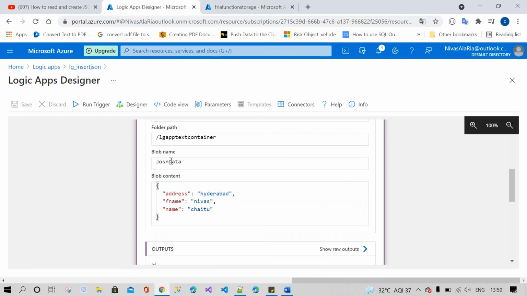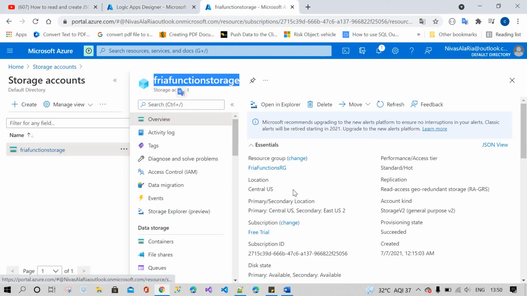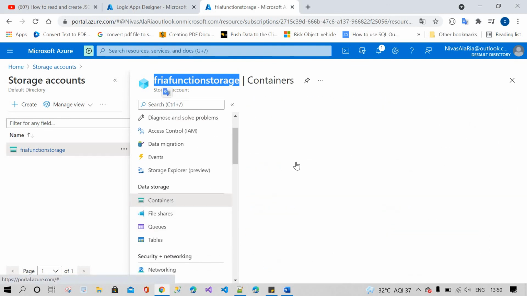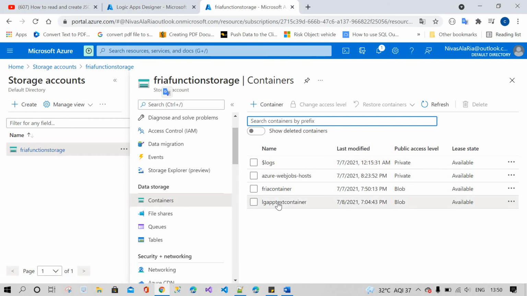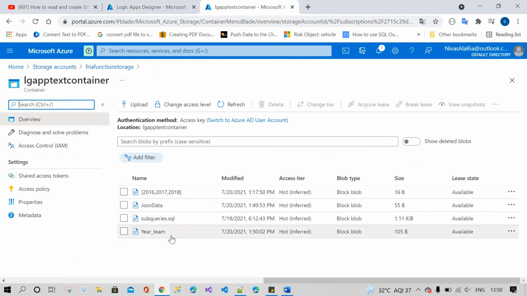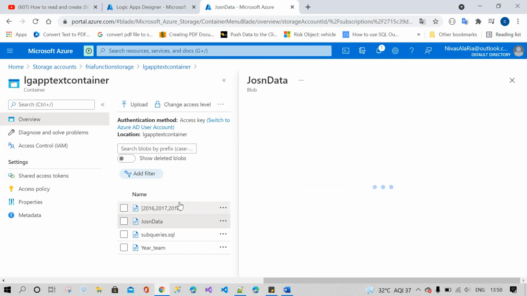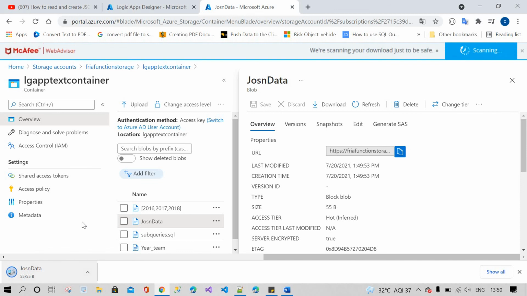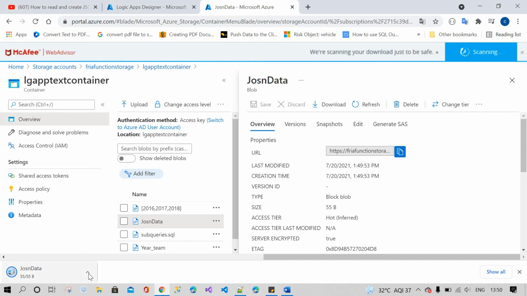Yeah, the blob name is JSON data. The data is created. We will check whether it is created in the blob storage container. Our container name is LG app container. You can see JSON data. Okay, this is the JSON data. We will download it and check whether the data is there or not.